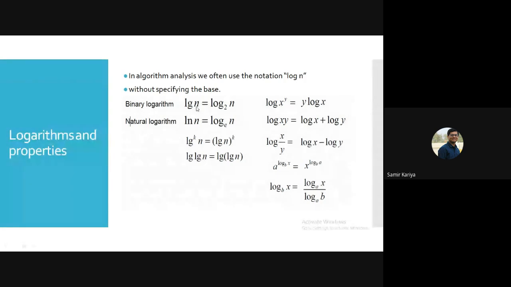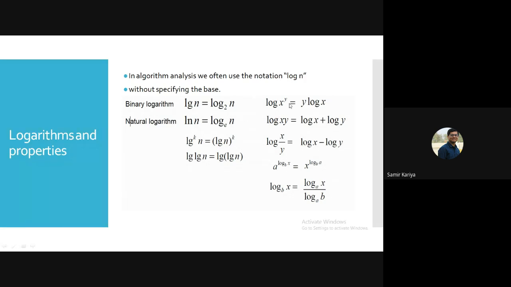For that, we are just writing lg n, which is equal to log n base 2. If it is the natural logarithm, then it's log n base e. So that's the difference between these two: log n base 2 and log n base e. Normally, we are just talking about the binary one, but I want to say that it's different compared to the natural logarithm.